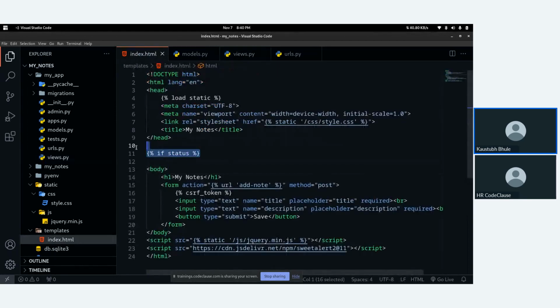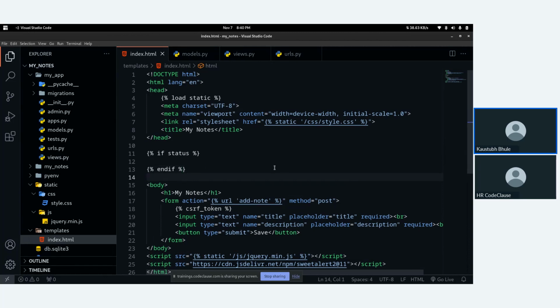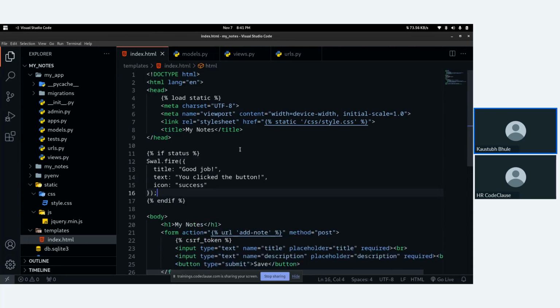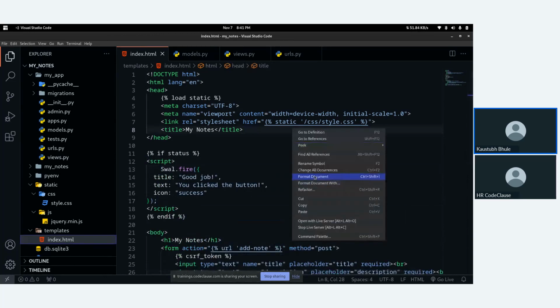And if there is status, means if it is true, you can also write like this, if the status is true, but it works fine also. If the status is true, in that case, end if. It's the syntax for executing an if block in HTML if you have Django as a backend. Now I will paste that script inside the script tag like this.